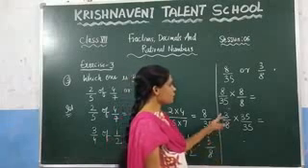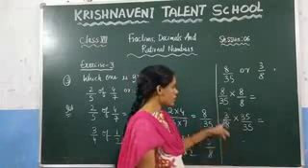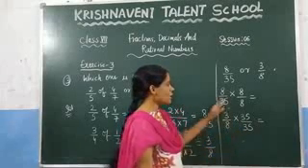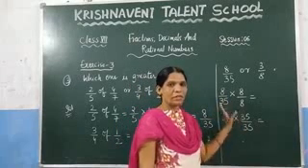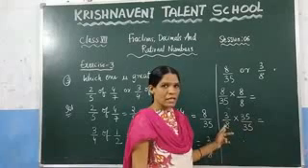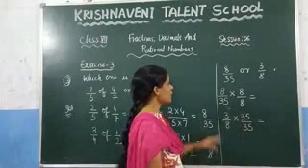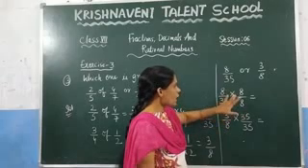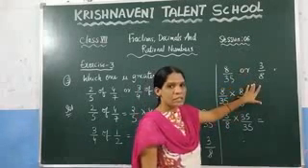Here you can observe that we made the denominators equal, because here we got 35 into 8, and here we got 8 into 35. Like this you can do it. If you are given more than two fractions, we need to take the LCM of the denominators. But here they have given only two fractions, so we take each fraction and multiply with the other fraction's denominator.